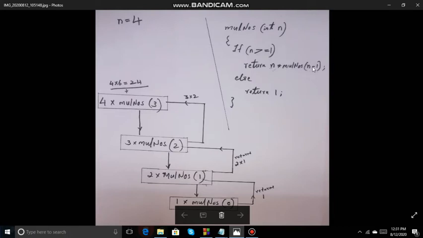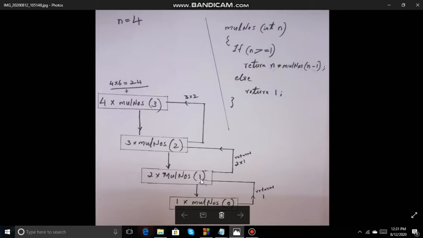So it becomes 3 into MULNOS of 2, because 3 minus 1 is 2. Then it will come back here and call this function. Is n greater than or equal to 1? Yes, it is 2 this time. Then it will call with MULNOS of 2 minus 1, 1.